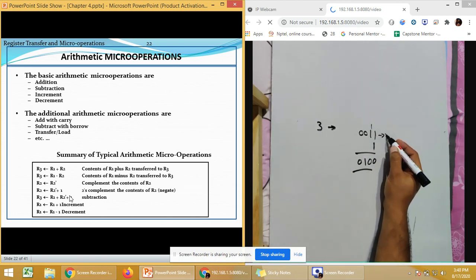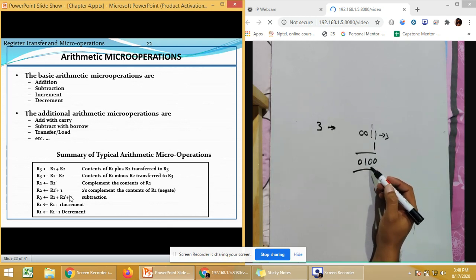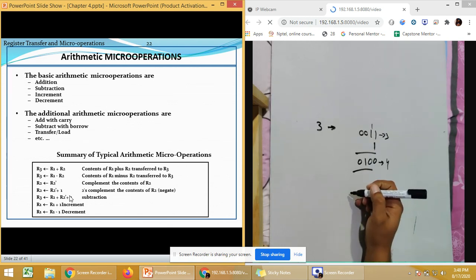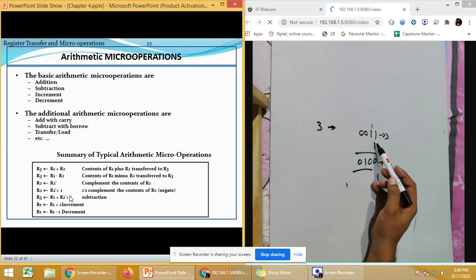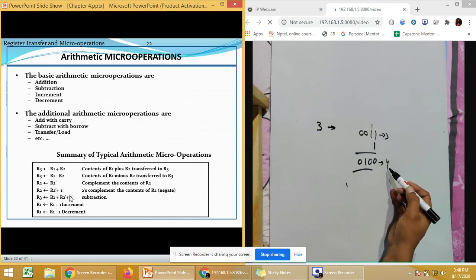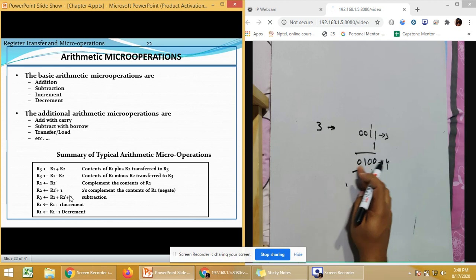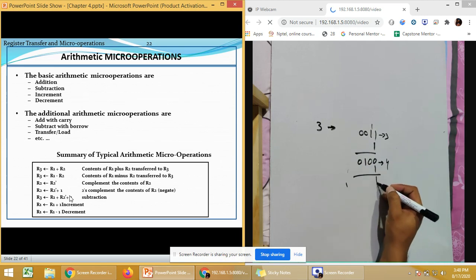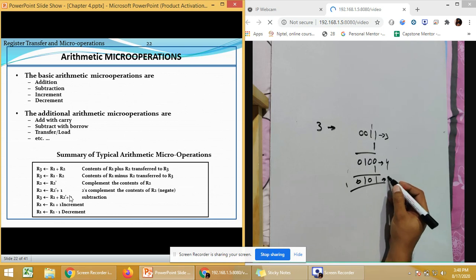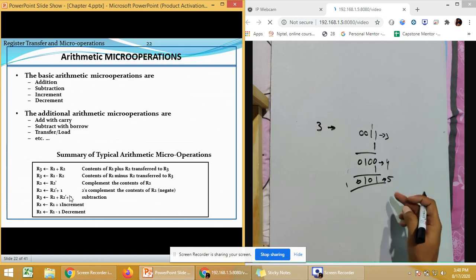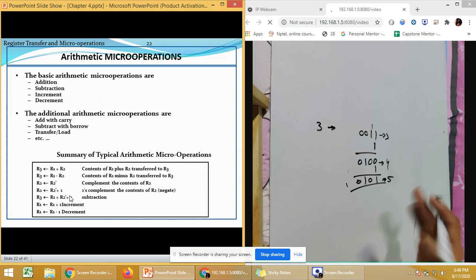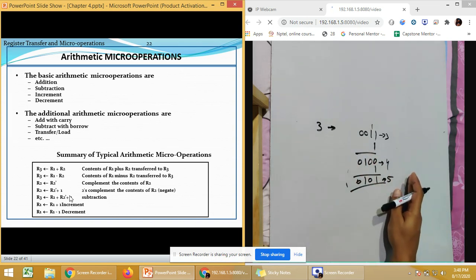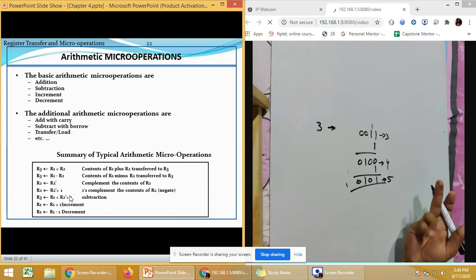So if this was 3, now what is this? This is equivalent to 4. So just by adding the value 1 at the end, we are going to get a value which is incremented by 1. So 3 is now changed to 4. If we increment this value by 1, then again this will become 5. So we can use this to simply find out the values, or to perform the counting from 0 to 10 or 0 to 11 or 0 to 200, 300, as much as you want. So this will perform the counting, or it will be performing the increment by 1.